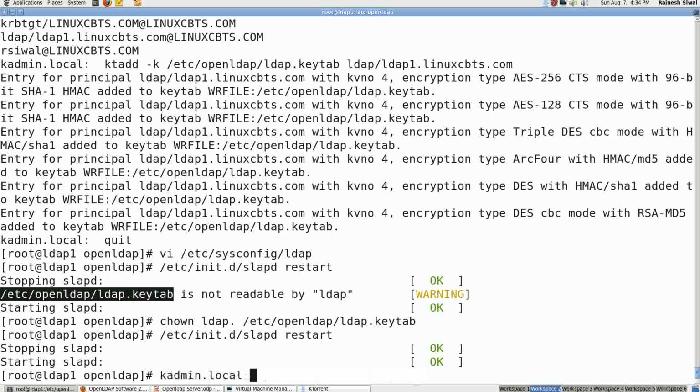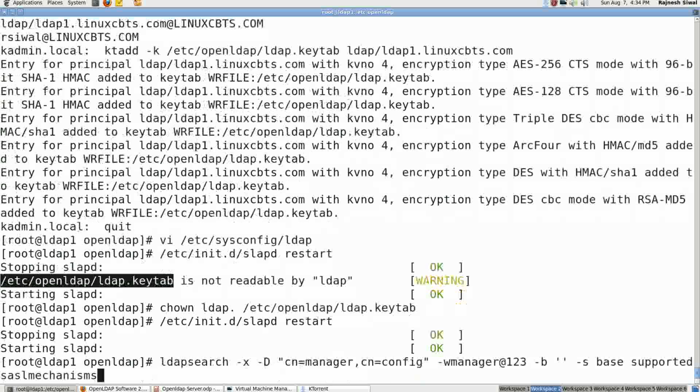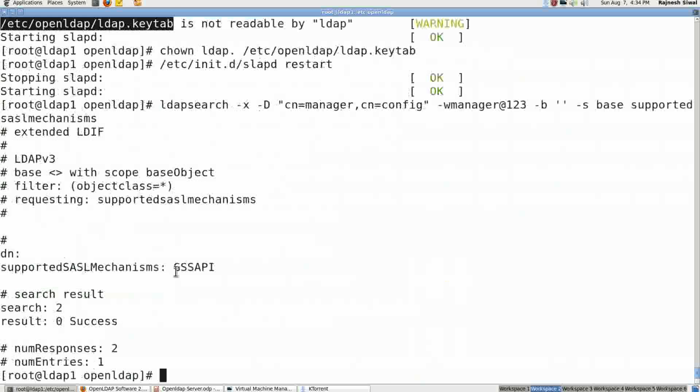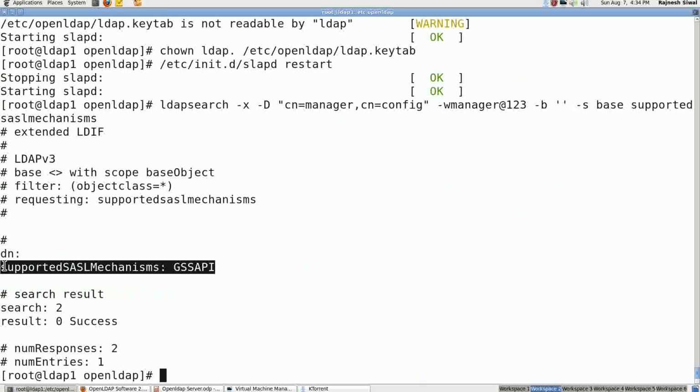Now see what are the supported SASL mechanisms. Here you can see that GSSAPI is now supported. Fine. The LDAP service knows its private key, and Kerberos knows its key. One more thing that is to be done is this directory server should know which is the realm it's going to connect to and which is the host on which we have